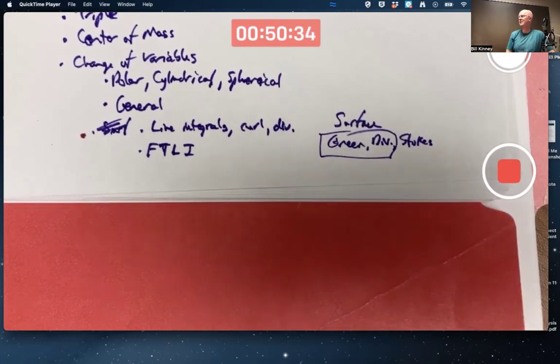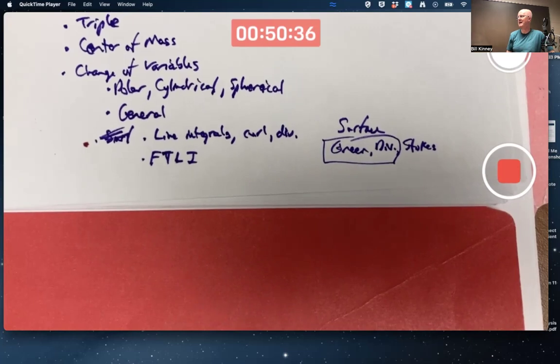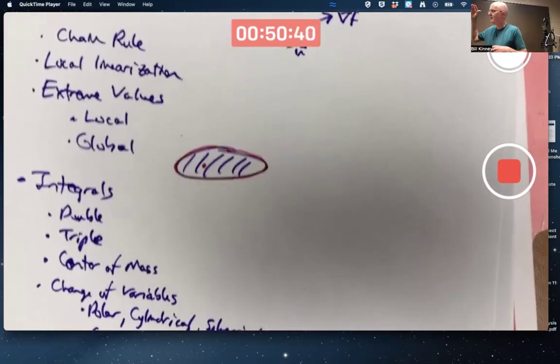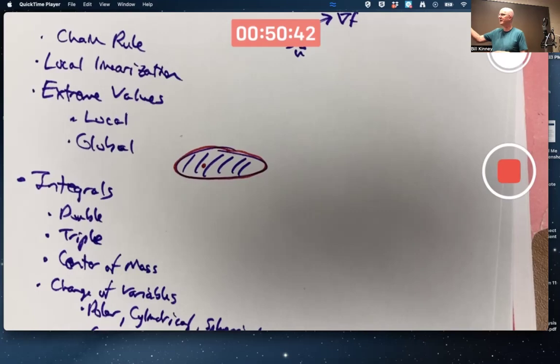I would suggest, for one more bit of insight, reading the last couple pages of section 14.7, where they talk about how the fundamental theorem of calculus, fundamental theorem of line integrals, Green's theorem, divergence theorem, and Stokes' theorem are all kind of similar to each other in a certain way. It's a little weird, but true. And in fact, you can combine them all in one bigger, broader, more general version called the general Stokes's theorem